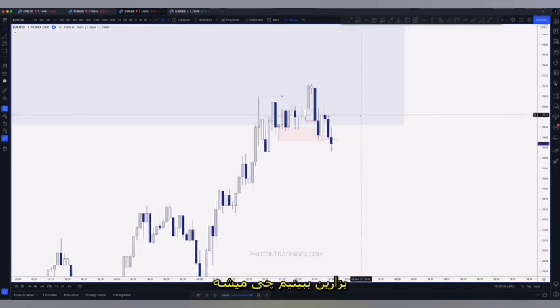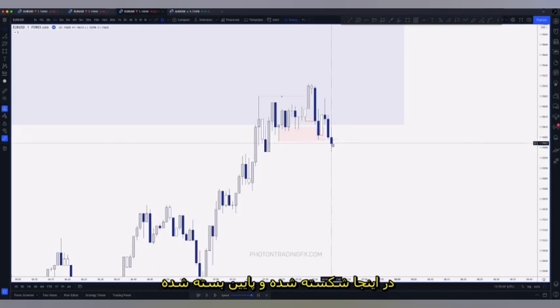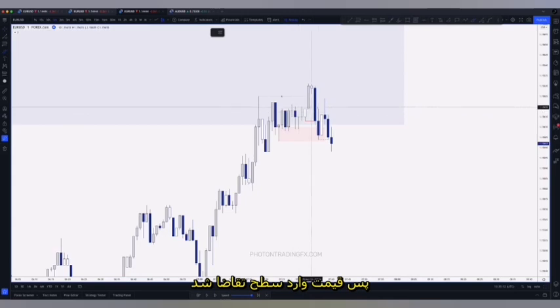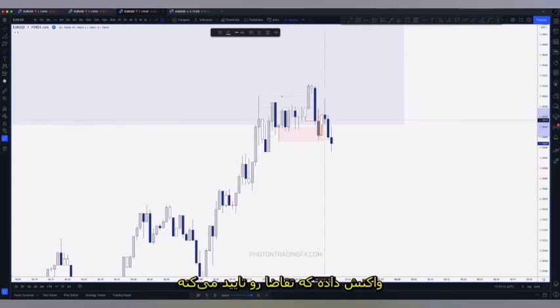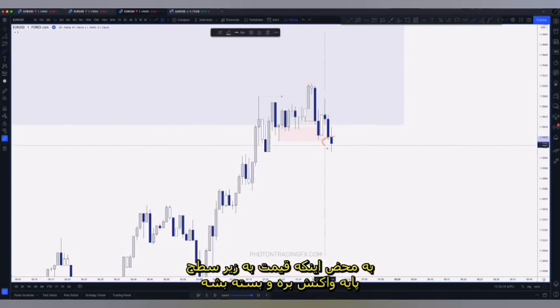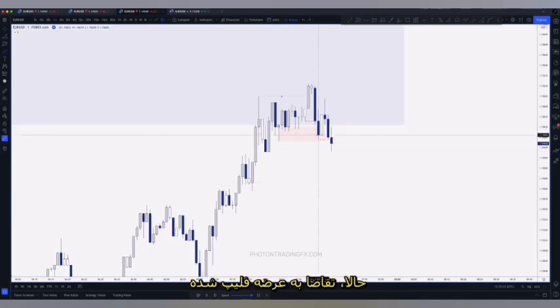So let's see. Okay, now we have broken and closed below. So now we have a confirmed flip. Remember, price has come into our level of demand. It's reacted, which validates our level of demand. It's tried to put in a higher high, but it's failed to breach the high, so it's failed to do its job. As soon as price then breaks and closes below the base of the reaction point, now demand has